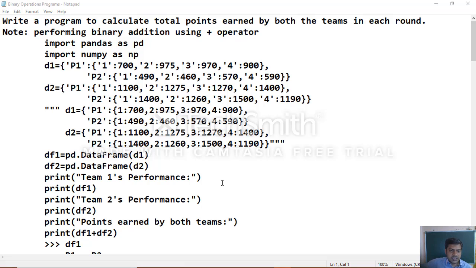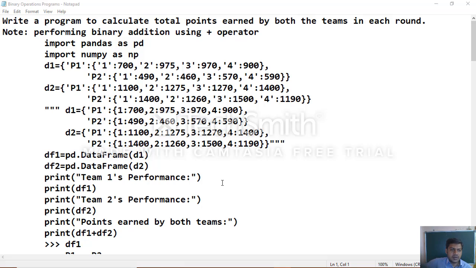Now, whichever was specified in the textbook, dictionaries: d1 equal to, so p1 is the key which represents player 1, and the inner dictionary, which you can see player 1, player 2, player 3, player 4.